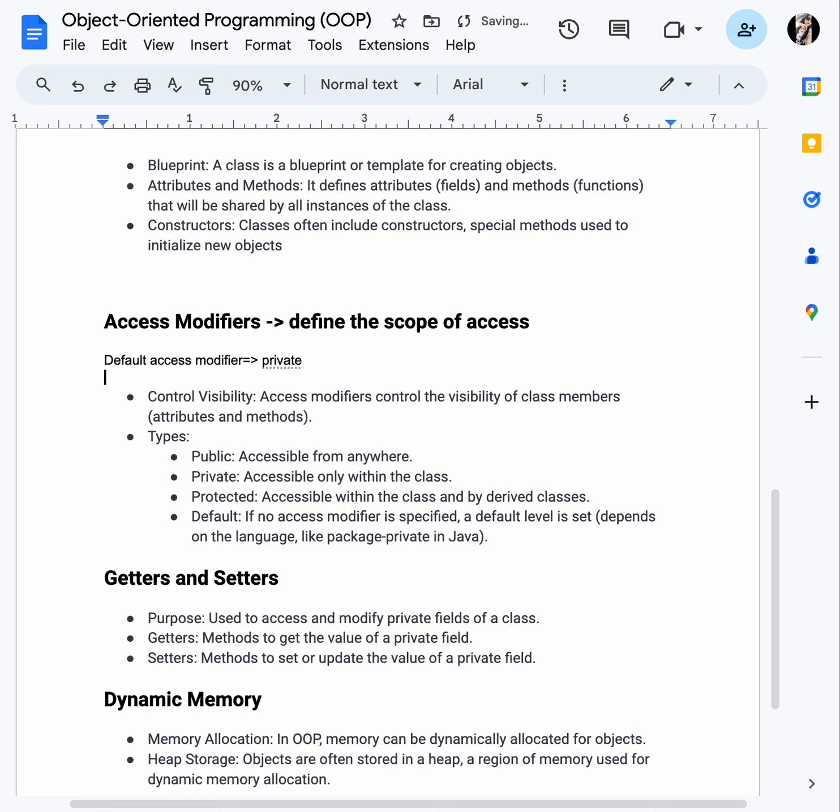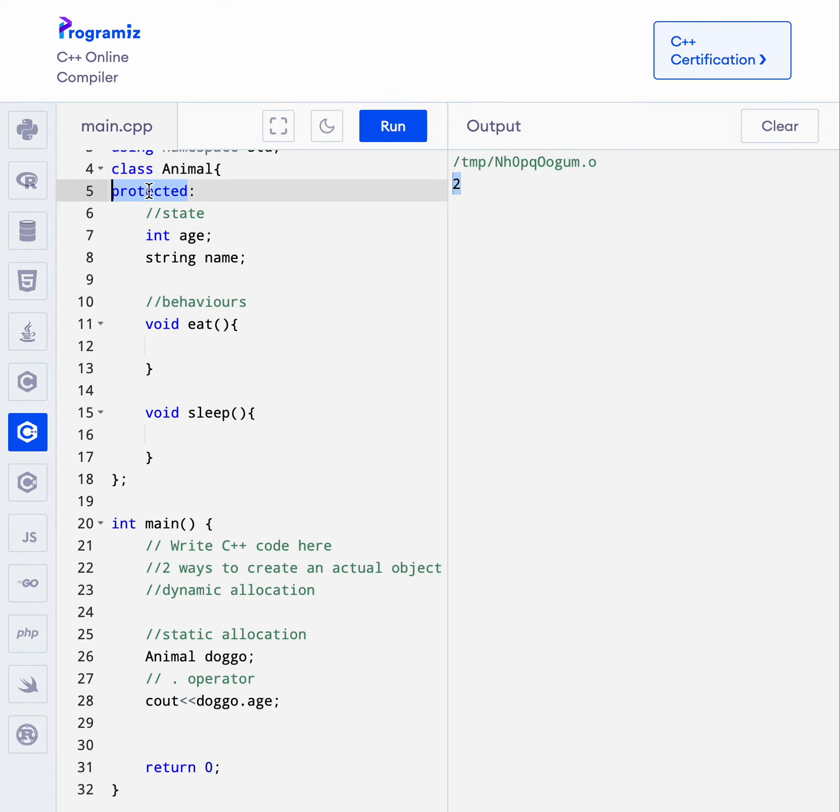And that's why earlier, when we did not mention public over here, we were not able to access this code, but once we mentioned public, we were able to access the age. All right, now